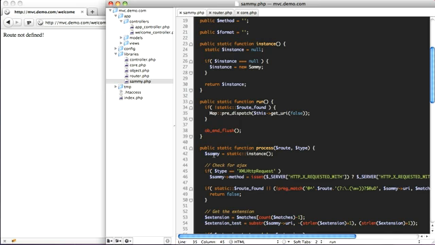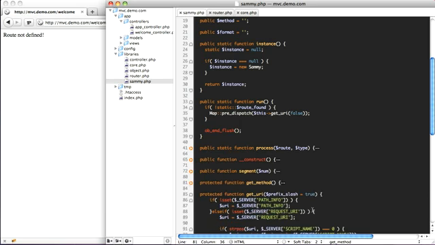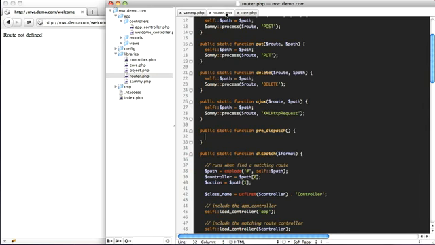If I go to find this get URI function, we don't want the prefix slash, and it's going to get this whole URL for us. So pre-dispatch, we're passing the whole URL to the function, and if we go into our router and get our path up here, or our URI, and we echo out our URI,